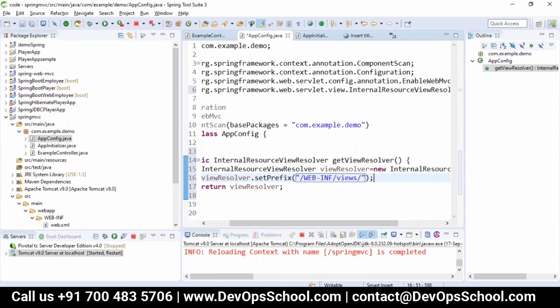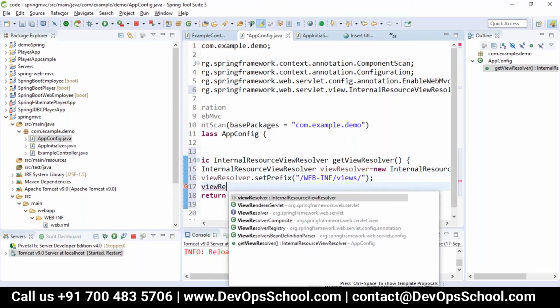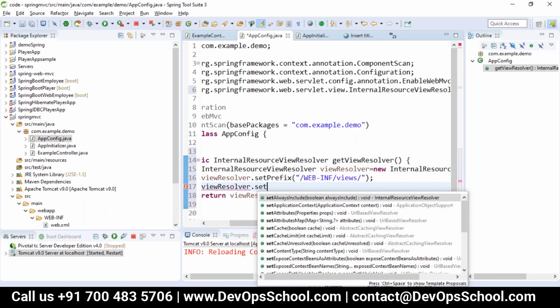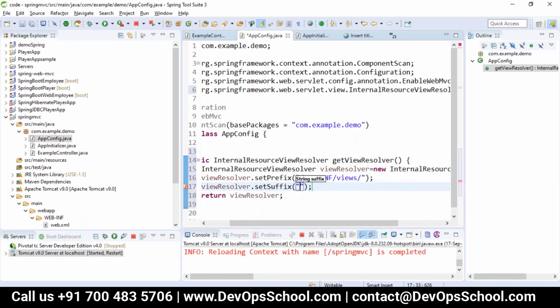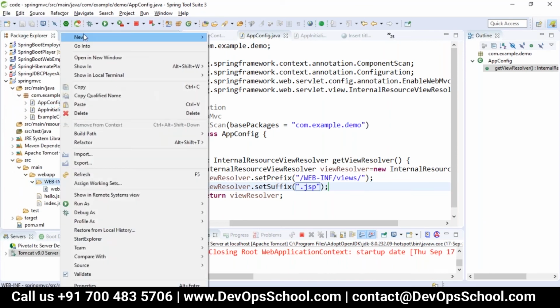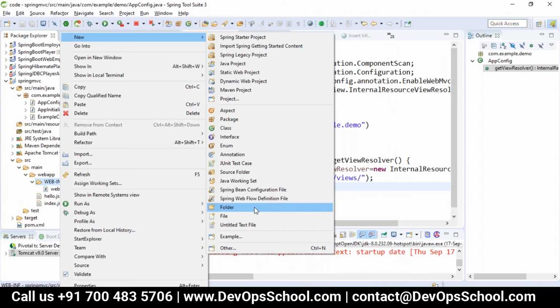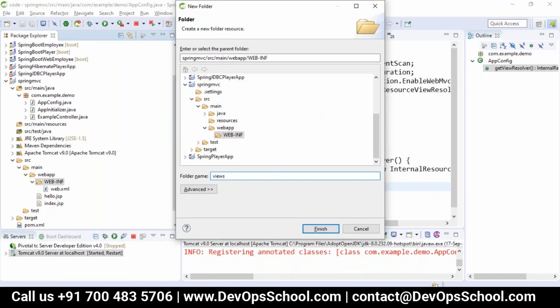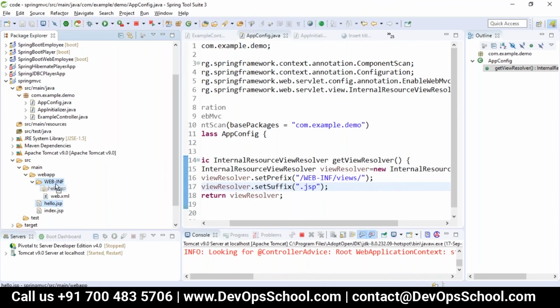After that, what is the suffix you want to give? That is viewResolver dot setSuffix, and it will be .jsp. So that is the view which we have taken. According to this, inside WEB-INF we can create a folder called views, and I'm keeping hello.jsp inside the views. Okay, so that's what we have written.